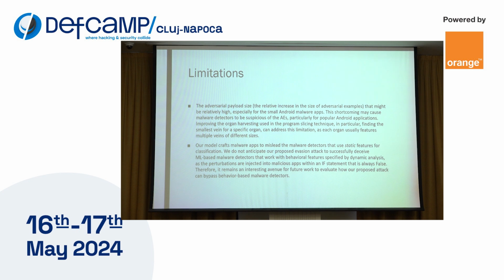This could have been even higher, but the injected n-gram, so adversarial n-gram into the benign application, was in some instances excessively high. And being excessively high, the antivirus figured out that that n-gram is unusually long for a mobile application, and it flagged that adversarial example, or APK, as suspect. So this is one of the aspects that should be improved in future versions